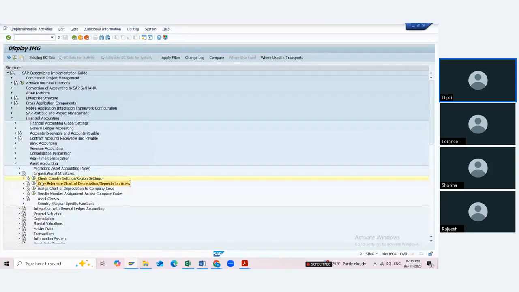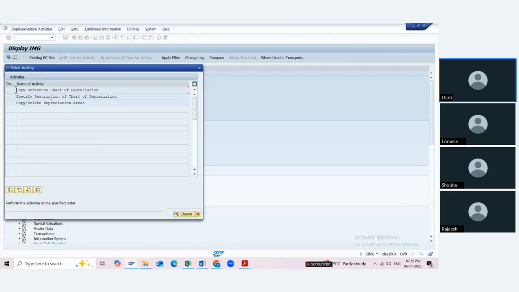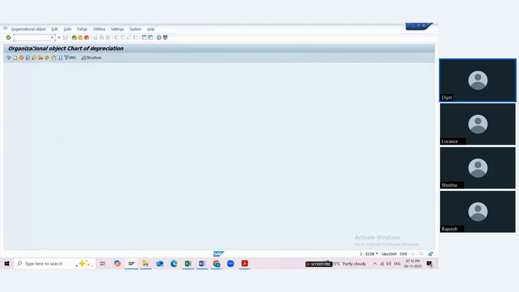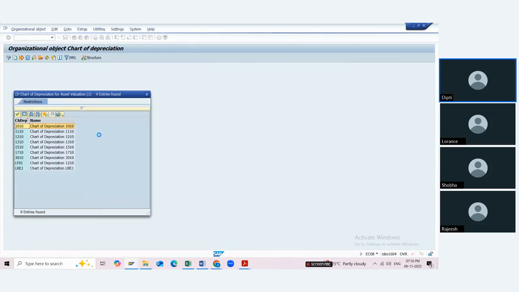Then we have a second step, copy reference chart of depreciation. Here we have to copy. Click on the copy as button. Okay, here we don't have a specific one. Actually, when we try to copy the setup, it has country specific versions provided, I mean 0IN or 1IN.